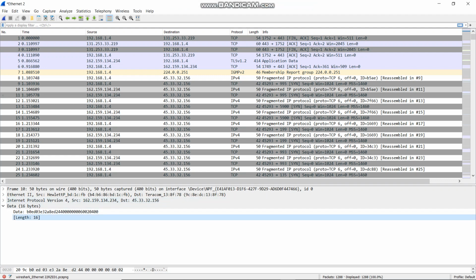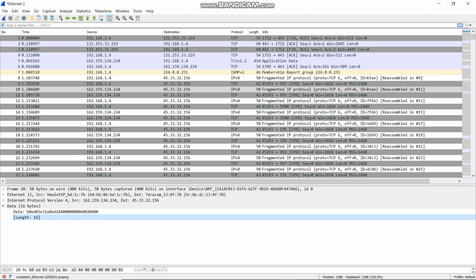So, in the previous video, I showed you how to detect a firewall using the probe method. In this video, we will talk about how to evade a firewall or a proxy server. We will use three techniques here. First is decoys, then MTU, and fragmentation. First, I will show you the decoy technique.